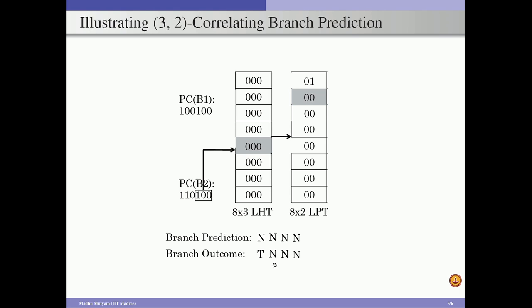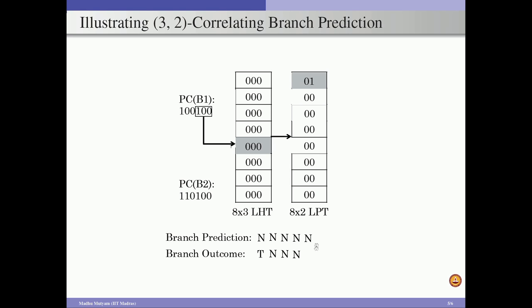So, effectively the last 3 branch outcomes are not taken. Now we push this 0 onto this, so previously it was 0 0 1 and now it becomes 0 0 0. And now again when branch 1 comes, it is pointing to 0 0 0, so the value is 0 1. We know that according to the 2-bit dynamic branch predictor, if the state is 0 0 or 0 1,